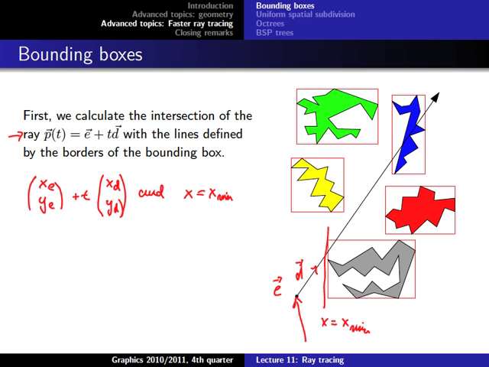We see we only have an x value here and not a y value in this equation, because the y value doesn't matter: we have every y value on the y-axis and the x value always stays the same. So we can just take the first line here, which is the x value. The intersection point must fulfill this equation here,